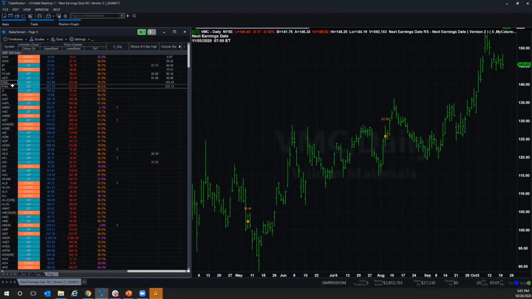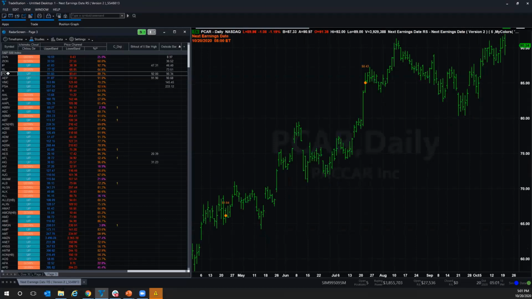So say you're interested in the company, say it reports earnings in a week and a half, and you see a bullish outside day. That's the sort of thing that could potentially be viewed as a signal. PCAR, this company's been doing some interesting things as well. They make trucks. So anyway, these are some of the ways you can add these tools that are already built